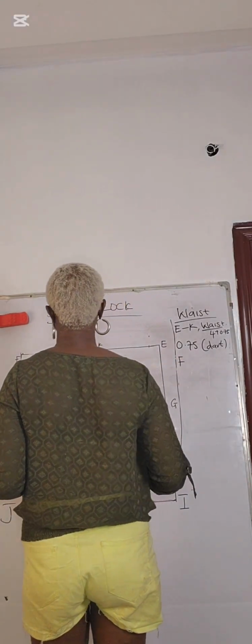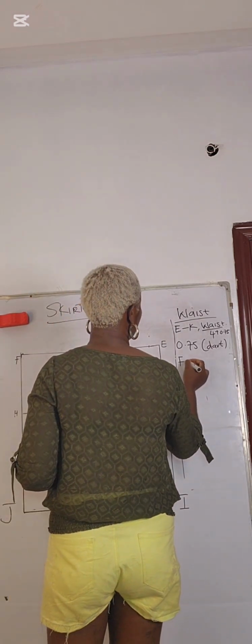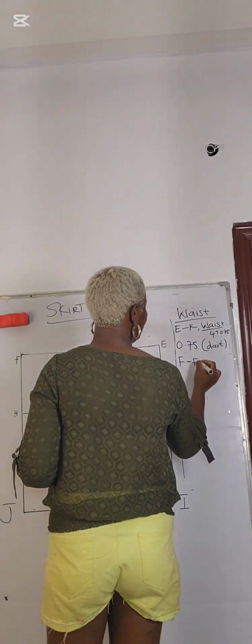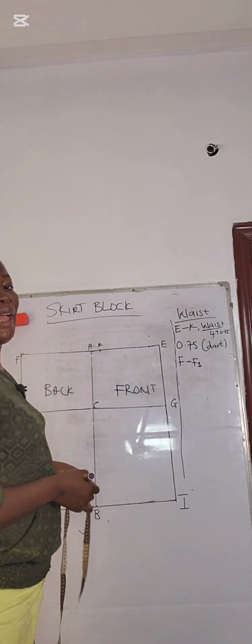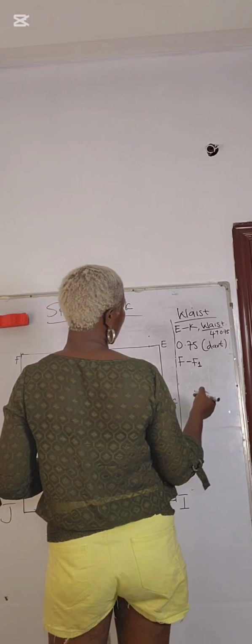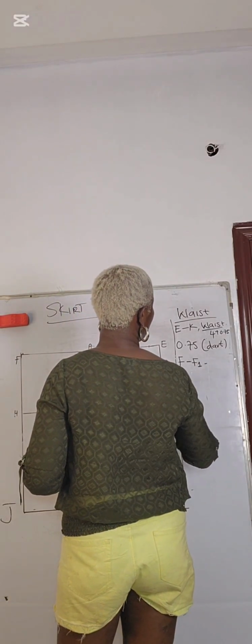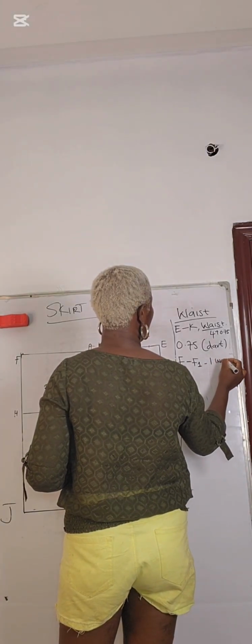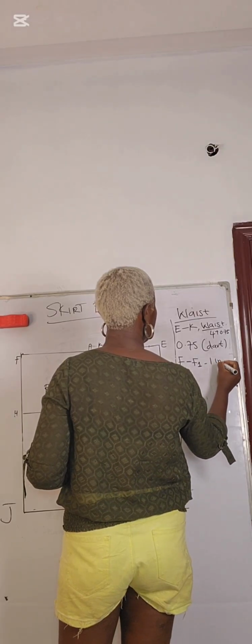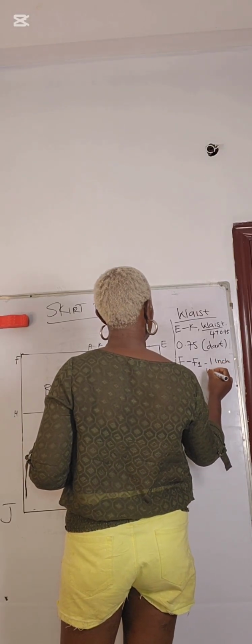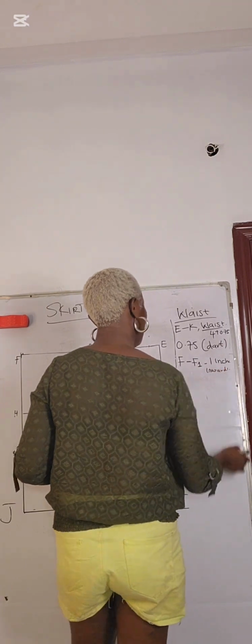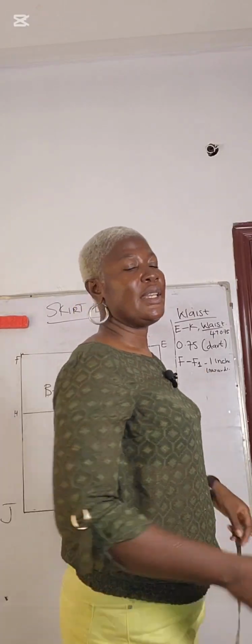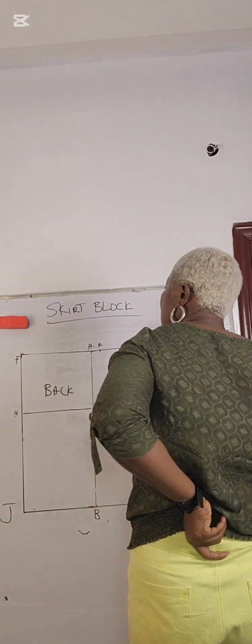My F to F1. F to F1 is 1 inch inwards. So the purpose of this 1 inch inwards is to eliminate this part here, to flatten